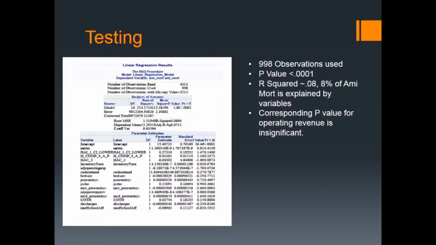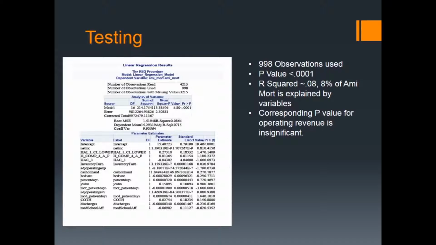There were approximately 4,000 observations read, while only 998 were used. This is disappointing because it scales down the amount of hospitals available for us to observe. When looking at the p-value for this quality metric, we were encouraged to see that it was well below 0.05. Therefore proving its significance. R-squared and adjusted R-squared were right around 8%. This suggests that around 8% of the variance of AMI-MORT is explained by the collection of variables run by this